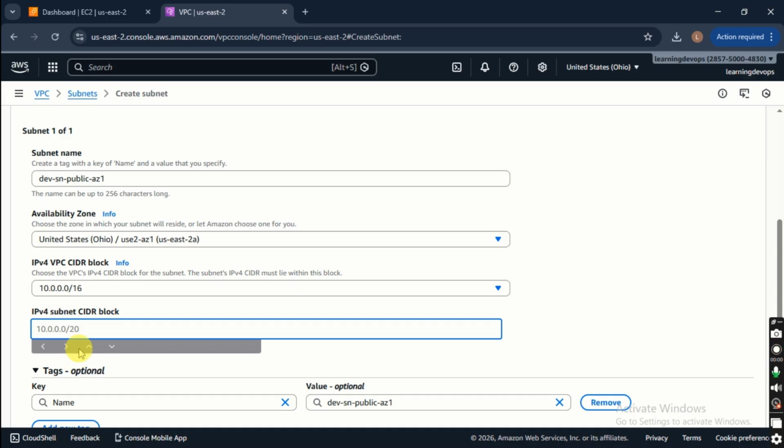So the idea of this, if you look into networking, is that this particular subnet will have a lot of IP addresses, which can be calculated. Basically, what this CIDR block does for you is that